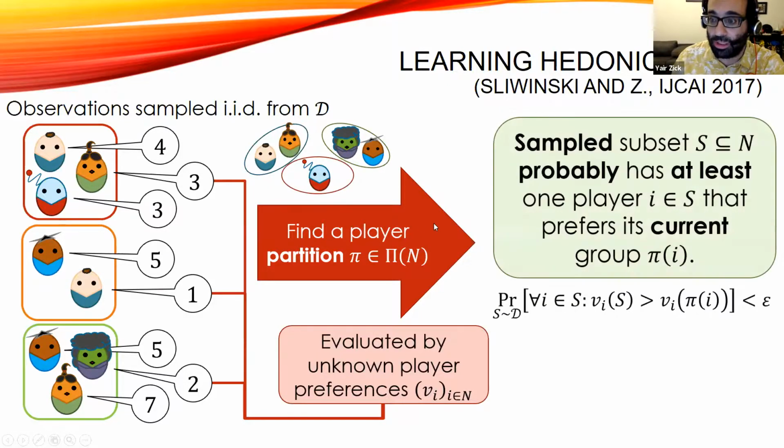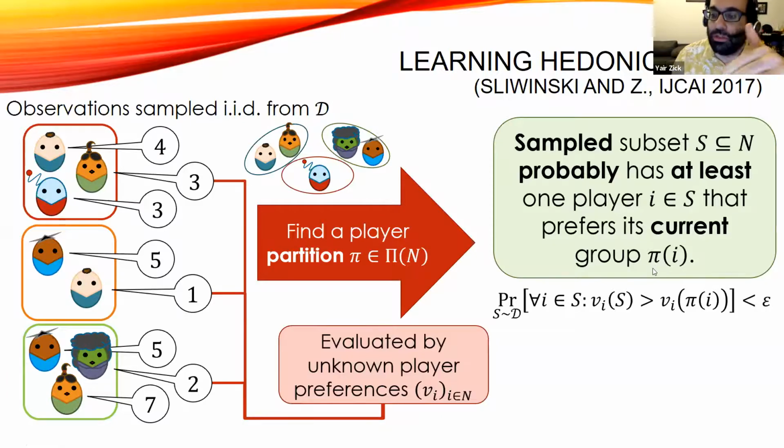And the guarantee you want is that, okay, if now you've observed this as your training data, then for your test data, if I sample another set randomly, what I want is that it won't block this partition that you've generated. And by blocking it, I just mean that with very high probability, it contains at least one player that prefers its current group, which we call pi of